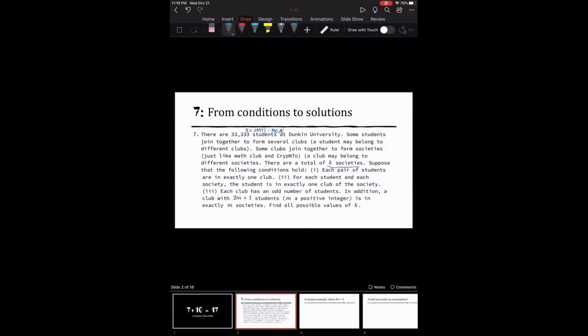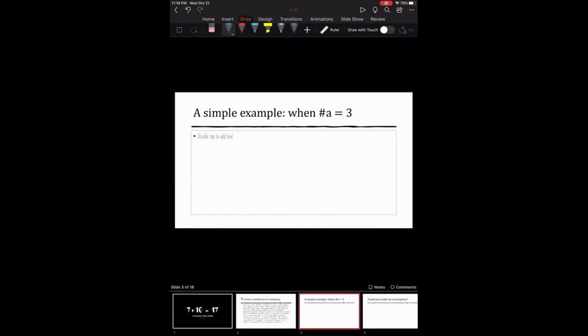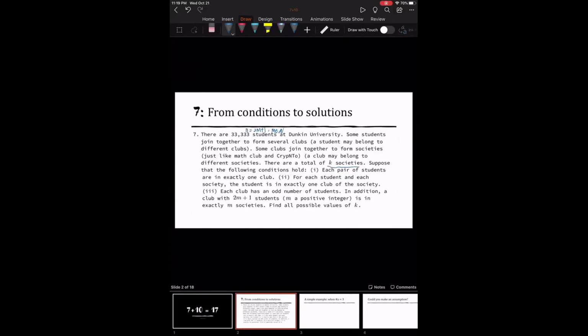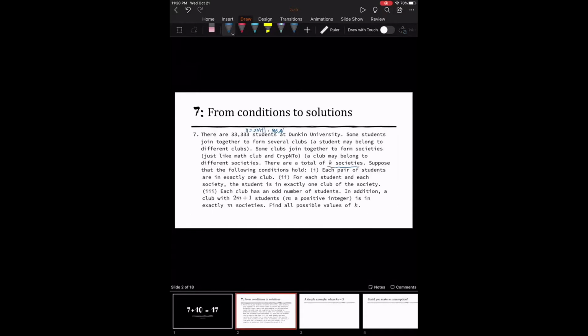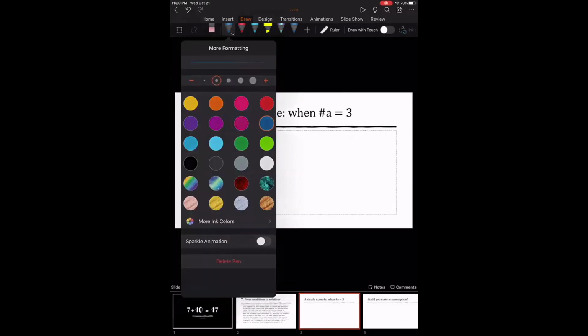So before looking at how to solve this problem, let us look at an easier example of when the number of students is 3. Condition 3 tells us that each club has an odd number of students. So there are 2 cases. The first case is each student has one club, and the second case is all 3 students are in just one club. But the first condition says each pair of students are in exactly one club, meaning that our first possibility is not possible. The 3 of them must be in one club. And this satisfies condition 1, condition 2, as well as condition 3. So the only case here would be